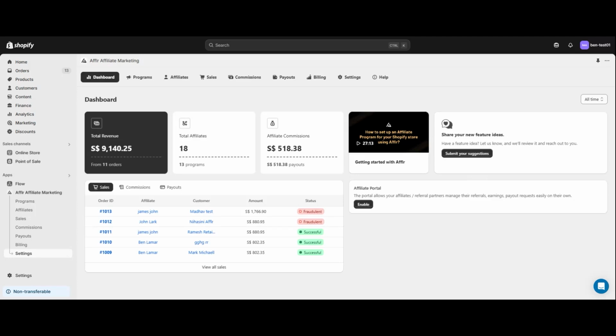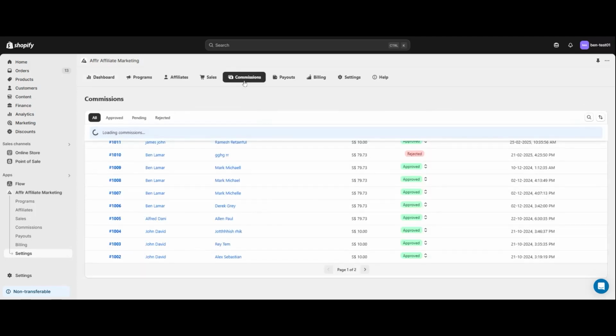Next, navigate to the commission section located at the top. Here, under the All subsection, you'll find a list of all the commissions along with their respective order IDs and affiliate names. You'll also see the customer names, order amounts, and the status of each commission, whether it's approved or